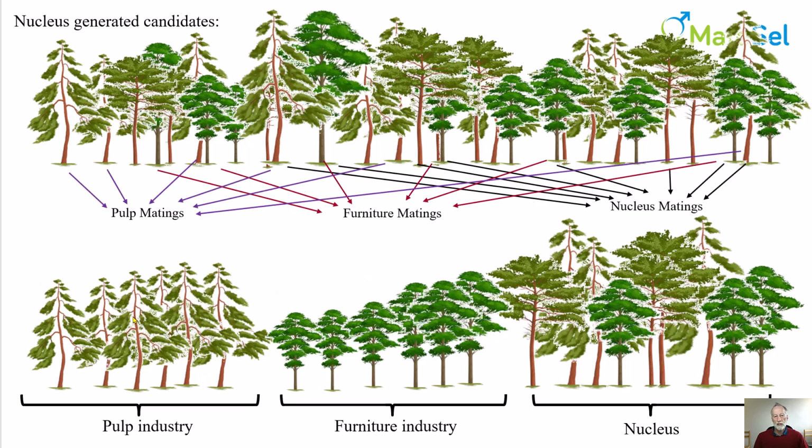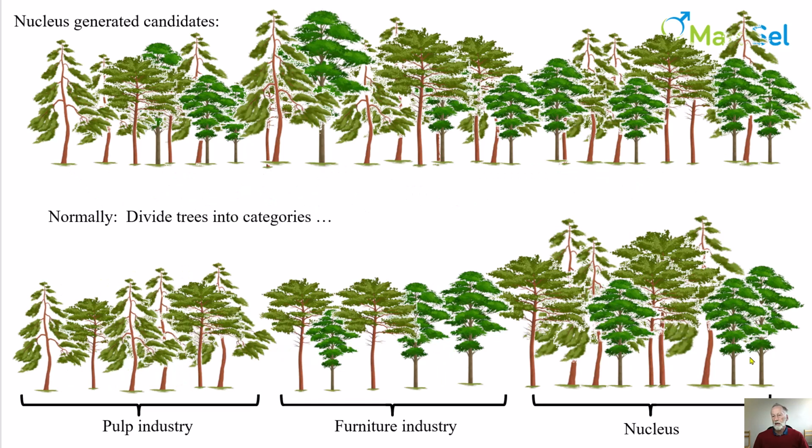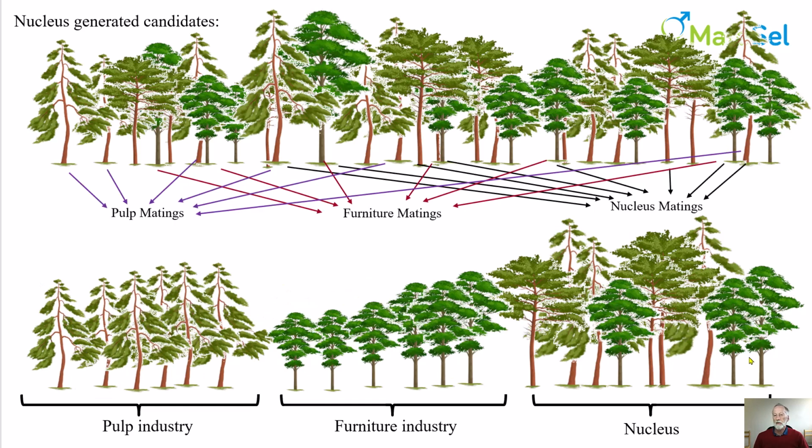But if I go to this generation, we see we have done something in the mate selections in order to do a better job. If I jump between the 2 slides, you'll see I've suggested that the nucleus is unaffected in terms of its distribution, and that can largely or even totally be the case when you're using the multiple end uses feature. To more accurately represent what's going on here,